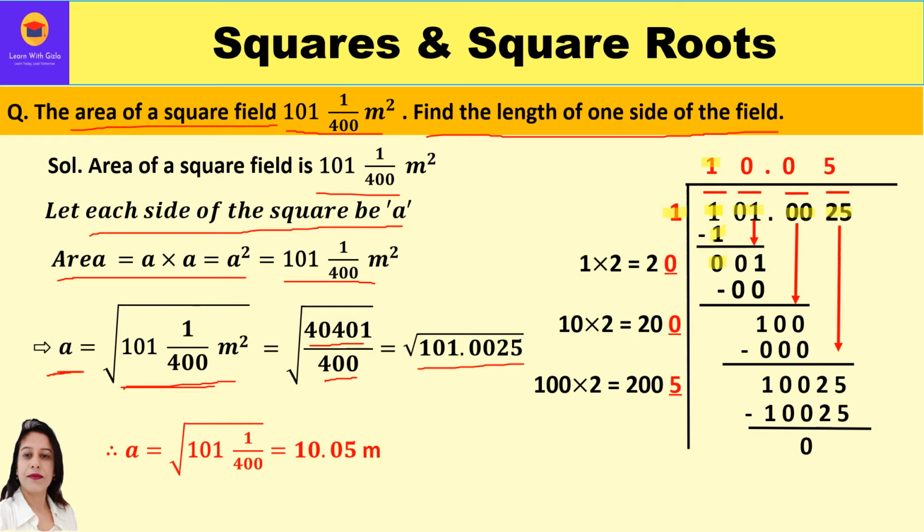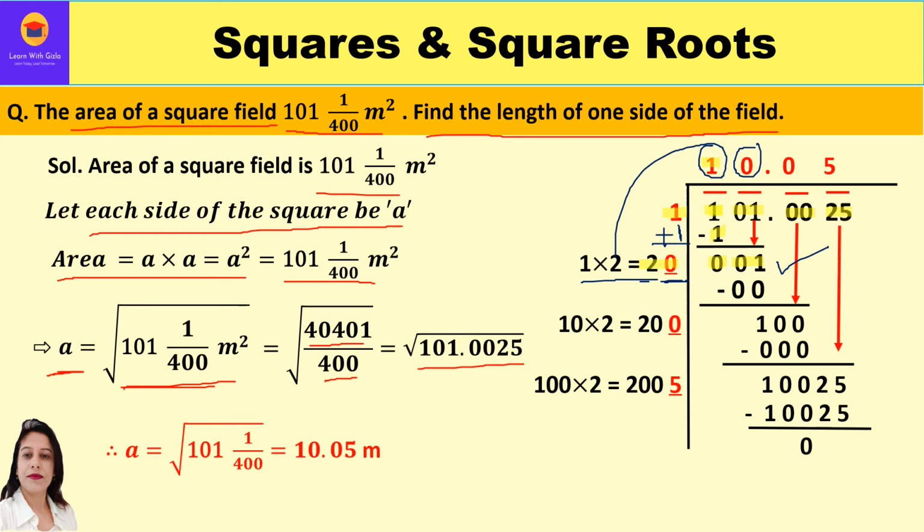Now bring down the next period 0 1. So the dividend is 1 over here, for which we need a divisor. So we shall take the first quotient 1 and double it. 1 into 2 is 2. Keep a blank over here. We can also get 2 by just adding the newly added quotient, so 1 plus 1 is also 2. Now we have to think of a number for this blank, and the same number we are going to keep in the quotient also, so that our product is less than or equal to 1. So clearly we can have 0 as a suitable number over here. We cannot keep 1 over here because 21 into 1 will be 21, which is greater than 1. So we shall keep 0 over here.